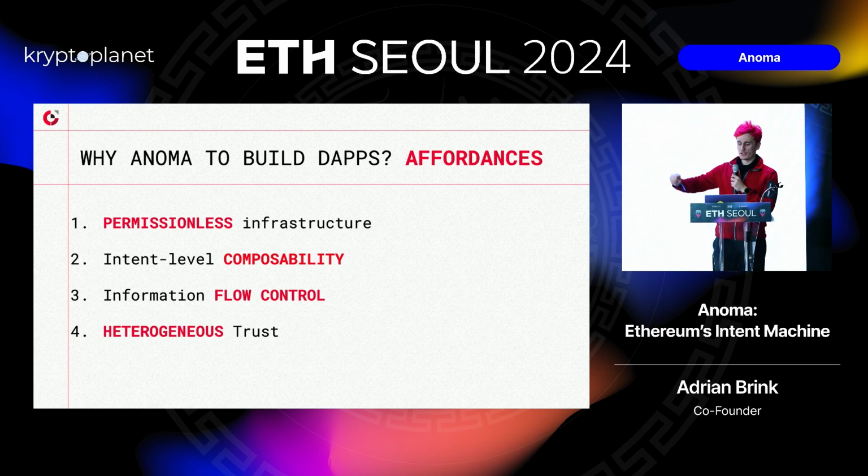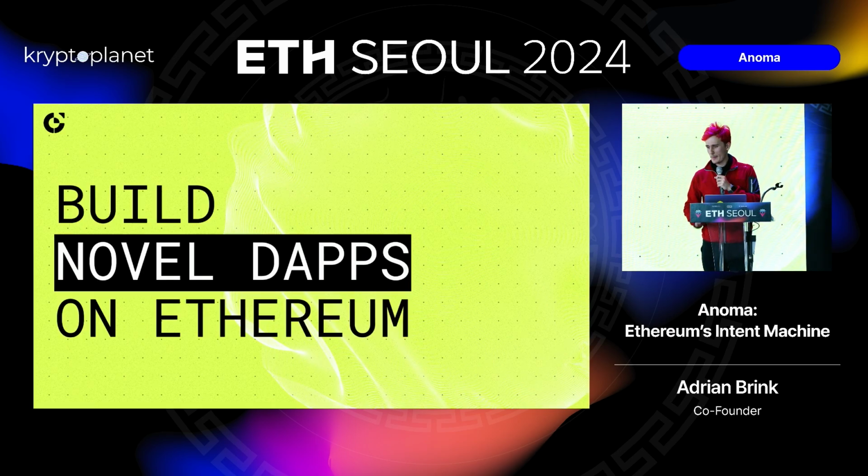And you get heterogeneous trust. You get the capability, as a user or developer, to decide what kind of trust model you want to be in. And here, there's a big difference between the trust model of something like Base, which has very different trust guarantees than mainnet Ethereum, right? And so here, at the intent level, you just get to decide what kind of trust model you care about. And maybe you're good with either, right? You can say, I'm fine on Base, Arbitrum, Optimism, Ethereum mainnet, whatever. Give me whatever is cheapest or fastest, right? But maybe for some things you actually care about the heterogeneous trust model, and the intents just make this very obvious, let's say it this way.